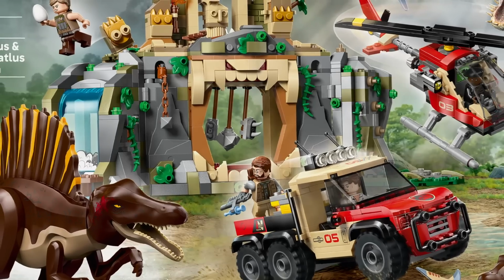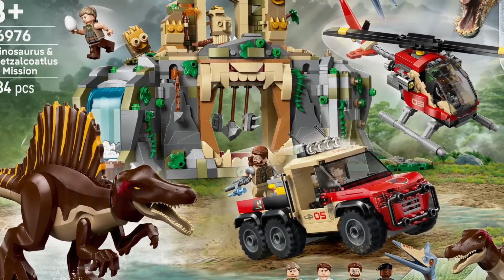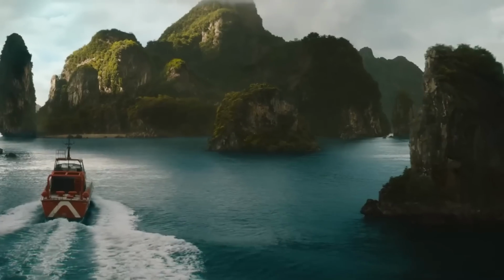We have a bunch of new LEGO Jurassic World Rebirth sets to show off today. These sets are intended to tie in with the upcoming Jurassic World Rebirth film, which will hit cinemas in July of 2025. It is directed by Gareth Edwards, the guy who did the first of the modern Western Godzilla films,